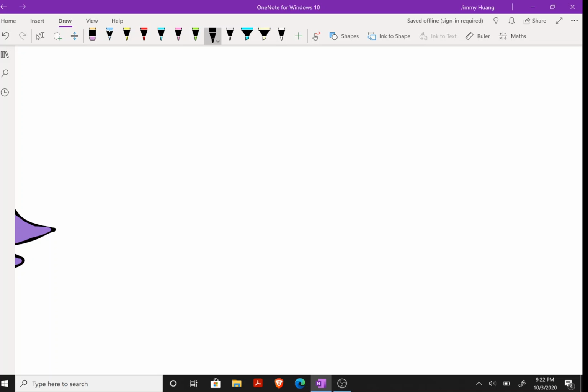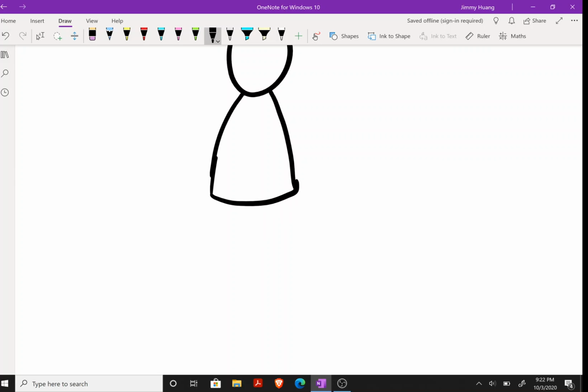Anyways, let's get on. So first, we will be drawing an angel. In the fine text in black, we can make it yellow just because it's an angel. So we're going to be drawing an angel. So first you need the head, and then the body. We're gonna make it shaped like this,